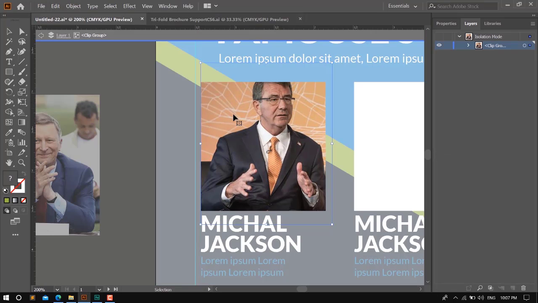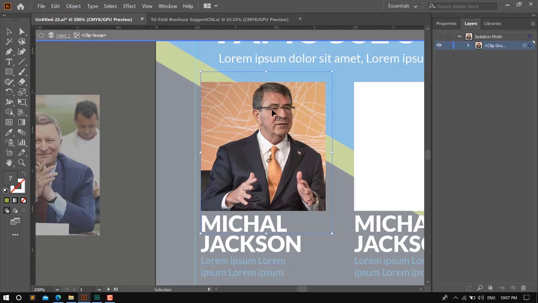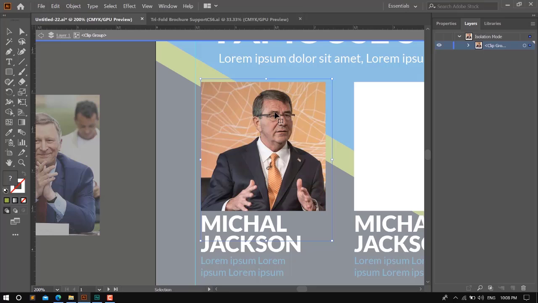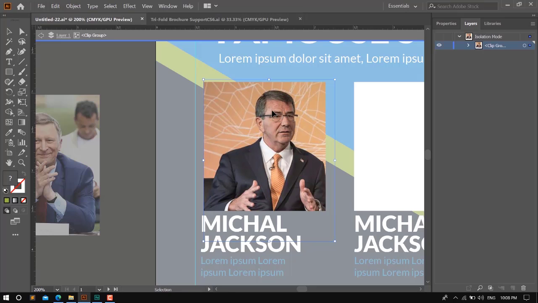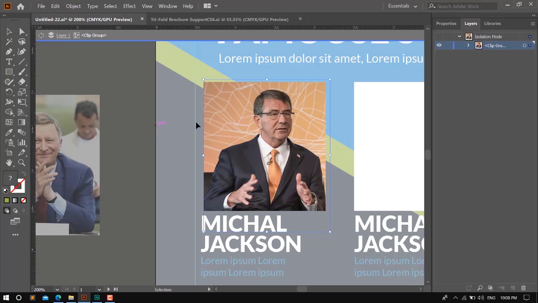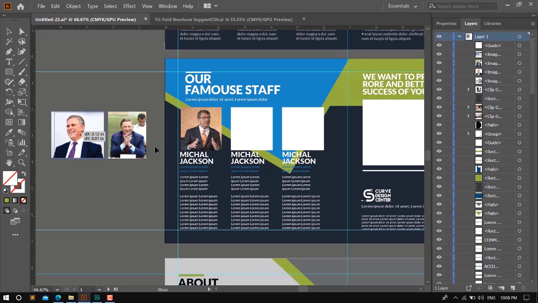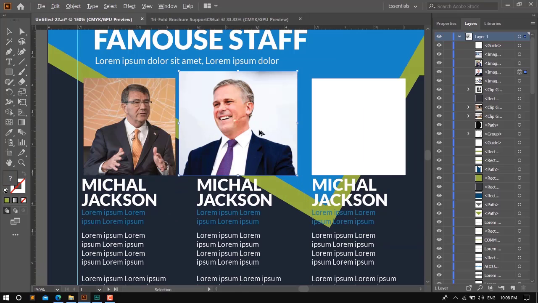If you want to move this image a little bit down, just double click. So it's editing mode. Now you can shift this image a little bit downside. Or you can also scale, but our image has no space. Okay. And double click on the outside to exit the editing mode. Same as I place these images in this image box.